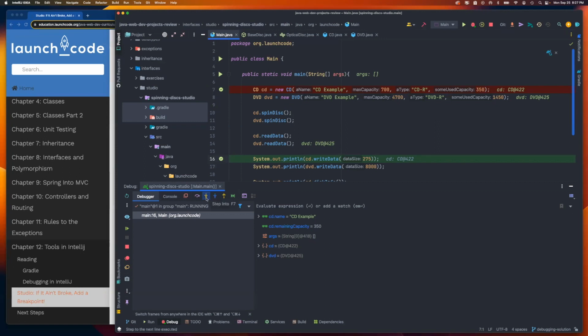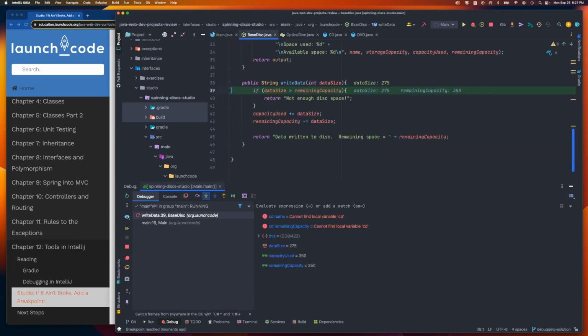But let's do one more thing. Let's step into that method so that we can see it doing those calculations line by line. So I'm going to hit this step into, and notice that there are two different methods here. So it says, which one do you want? I'm going to use my arrow key to come over here to write data. And now we find ourselves over in basedisk.java,